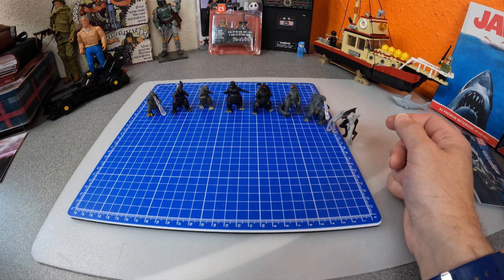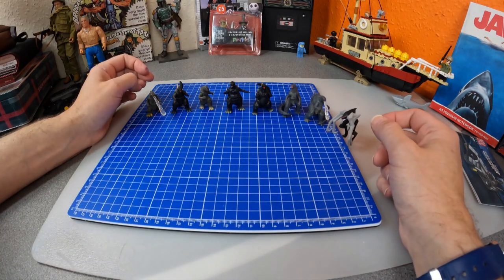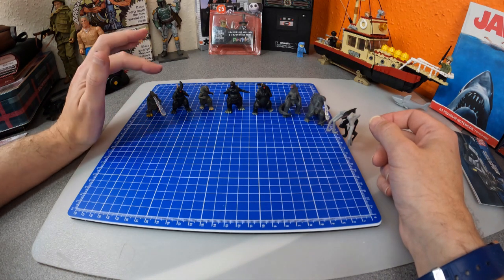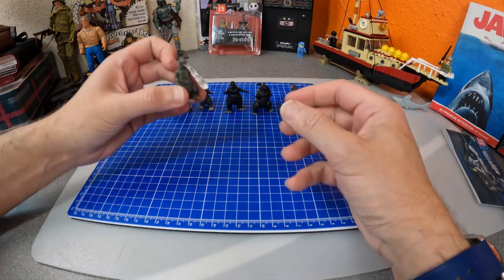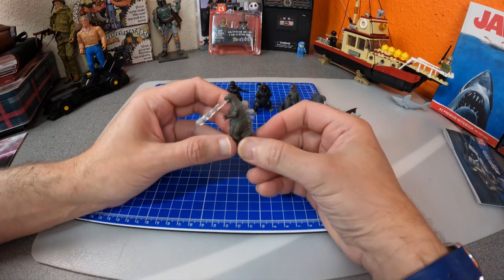They're still fairly poorly painted, but the selection, last time I did one of these, you got like one Godzilla and a load of weird dinosaurs and things that weren't even from Godzilla films, but this one comes with a decent selection right across from classic onwards. So, and please correct me if I'm wrong on these, because some of these I might get wrong. I think if we start from the earliest, you get a Godzilla from the original Godzilla,